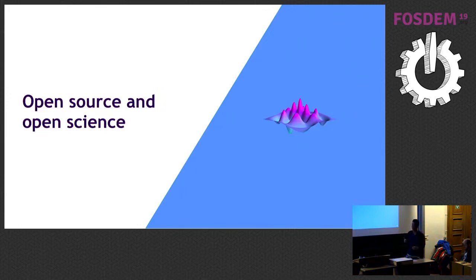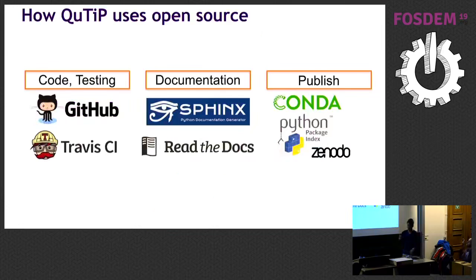So this brings me to the last part of the talk, which is open source and open science. So how does QuTiP leverage open source? This is one of the workflows I was discussing with my friend who is very involved with NumFocus. The title of this slide was how to open source your code. And then he was explaining to me that this is not the only way. Of course, you have many different ways. But this is how QuTiP is doing it right now.